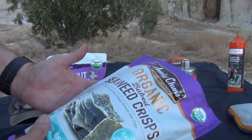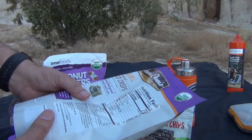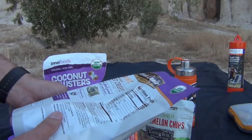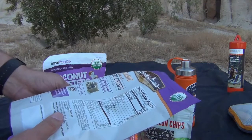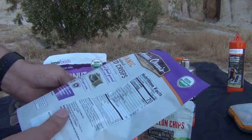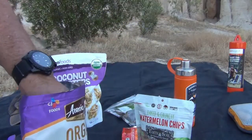There you go. Your carbohydrate base. Pretty low in carbohydrate. 14 grams per serving. Not too bad. Only 1 gram of sugar per serving. And so, not a bad mainstay if you're trying to do that low-carb